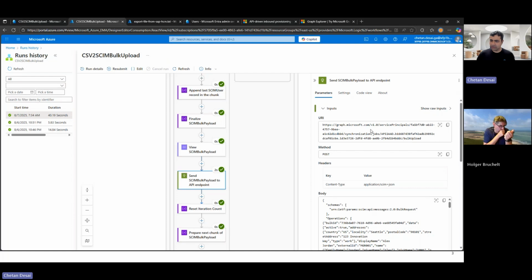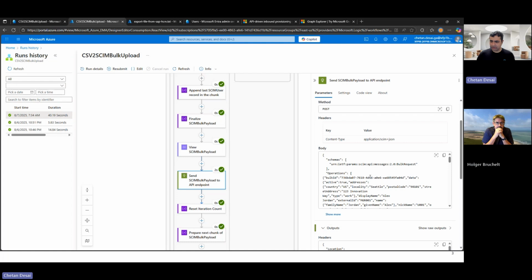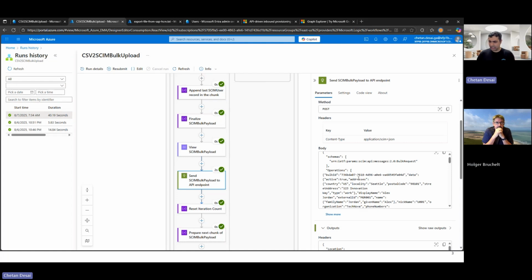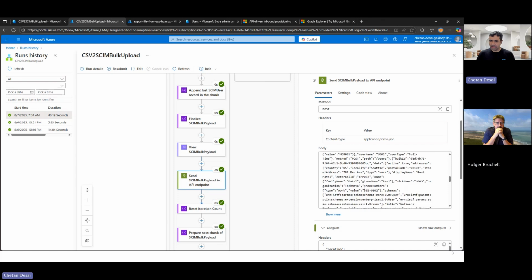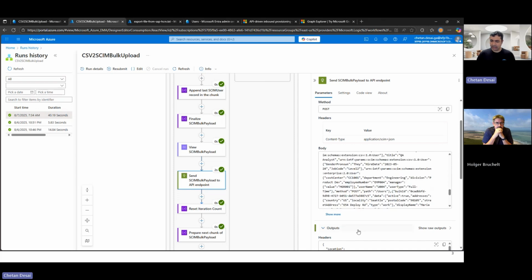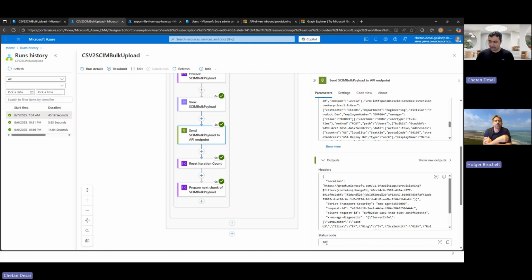So this was the bulk payload, and this was the body. You see here, all the CSV records that we saw are in SCIM format. This is the request that gets sent out, and as output, you get the same output that we saw in Graph Explorer. It's essentially a 202 status code, and we get this back. So that's essentially what happened.